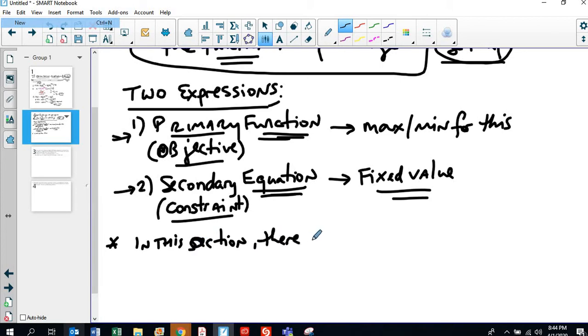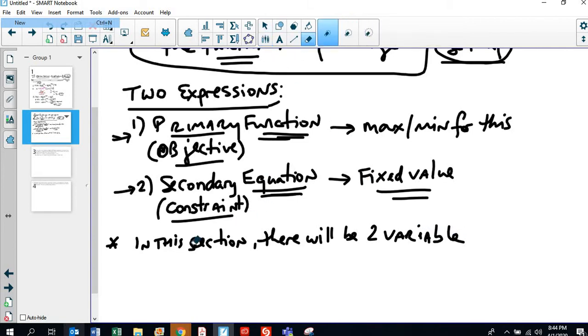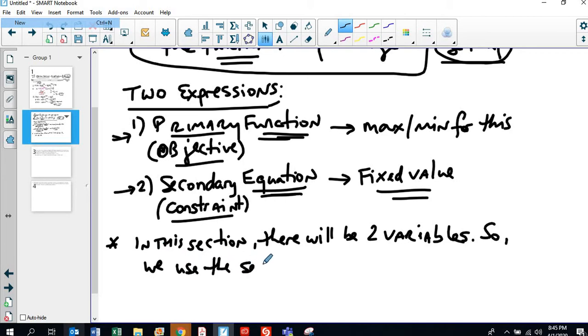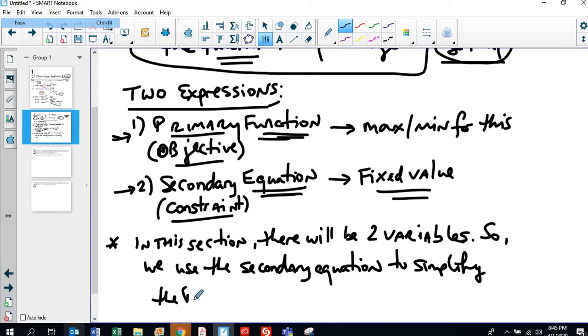There will be two variables, length and width, cost and amount of items, something like that. There's two variables we don't know. So what we do is we use the secondary equation to simplify the primary function